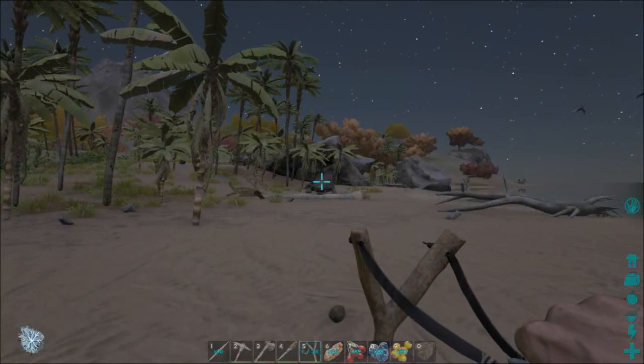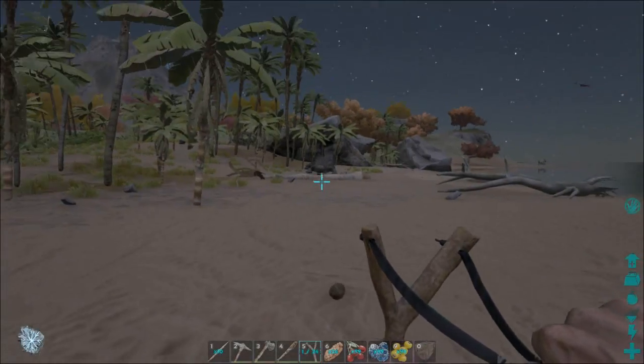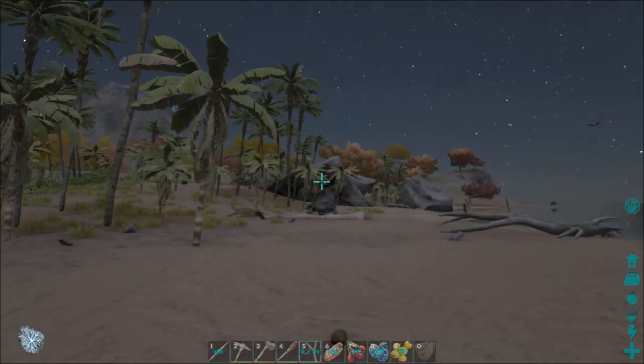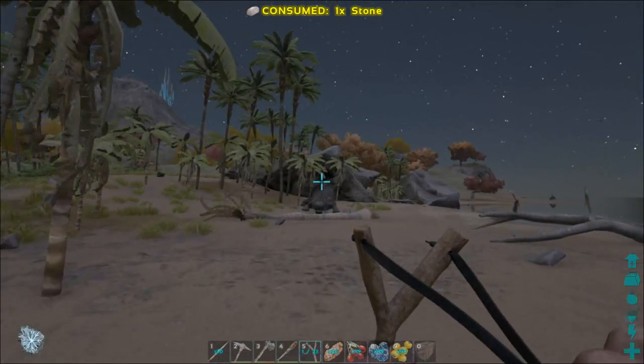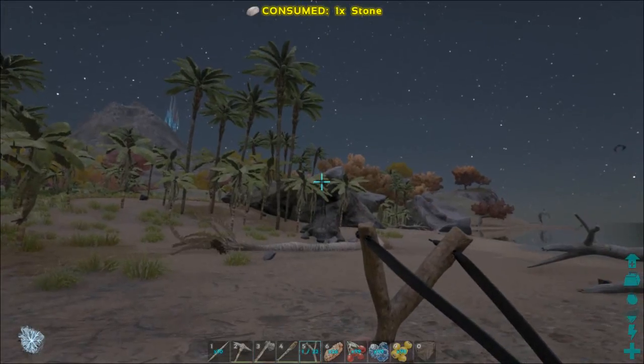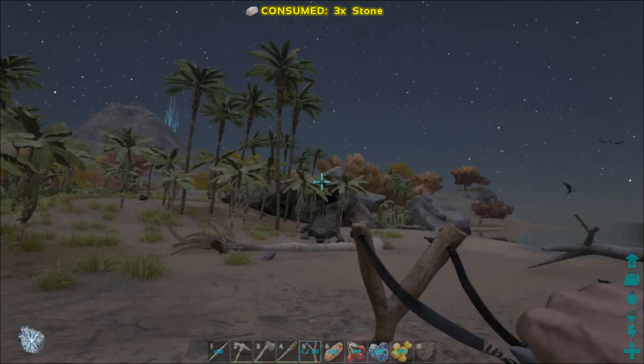Not really ready for my episode, but I was wandering around with my little army and I found a Sarco that's just kind of trapped over there. At least I hope he is. If he's not, we're in trouble. I already shot him with a couple of rocks and he didn't move, so it looks like we're going to